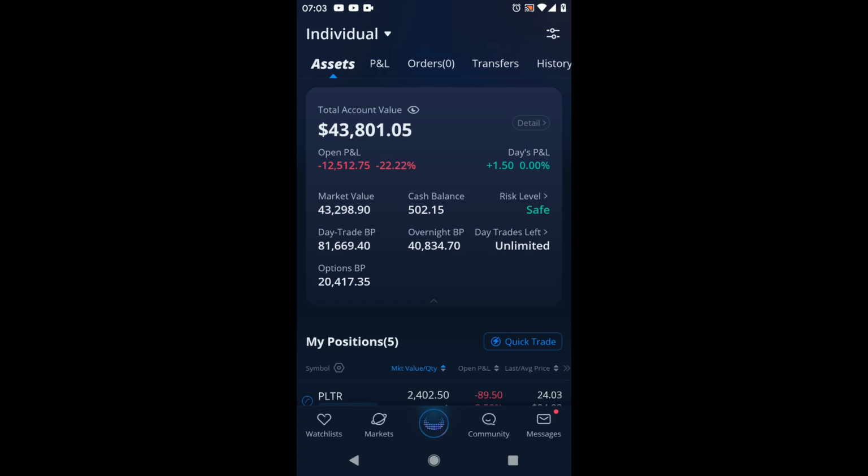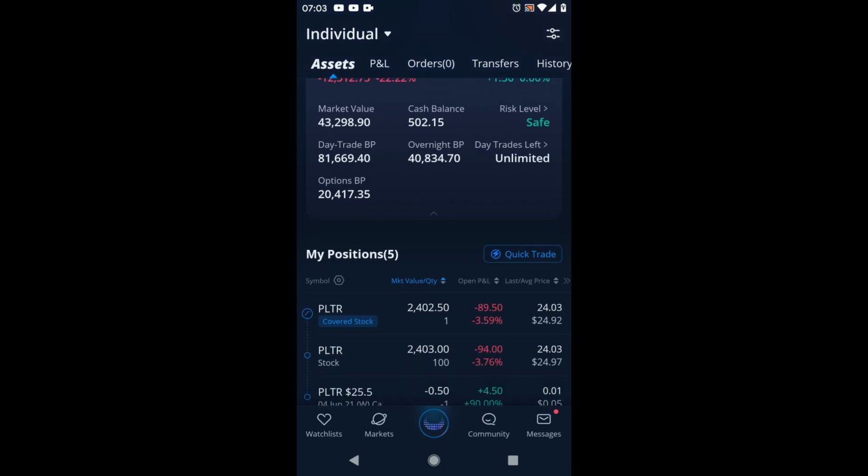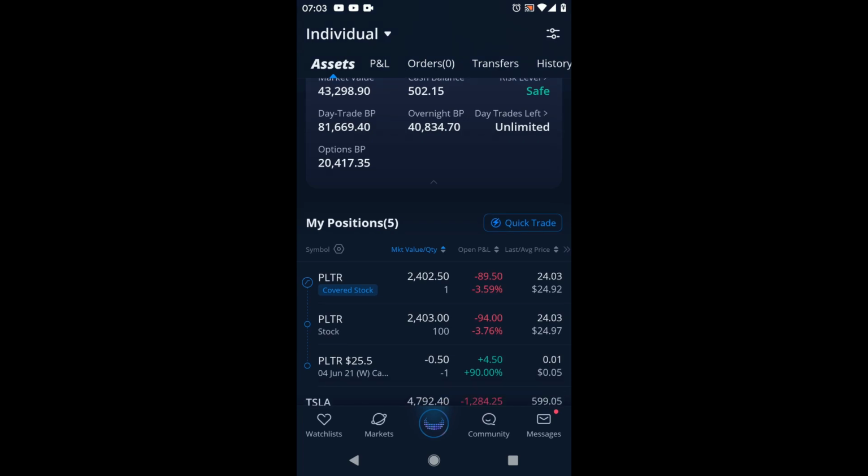But so far right now the portfolio is at $43,801.05. We're down about 22%. That's about $12,512.75. Our cash balance right now is at $502.15. So we are down quite a bit on the cash balance. We were close to almost $1,700. So I'll show you guys that we actually lost quite a bit of money, and that was because of one of